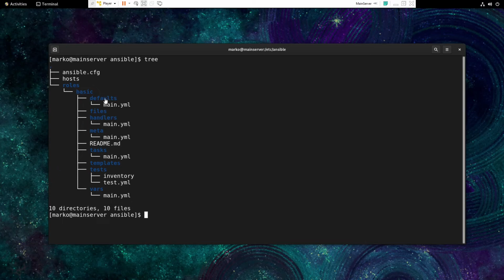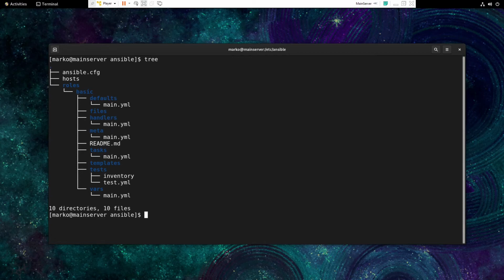So what does the defaults directory do? It stores default variables. For example, that you're going to be running a web server, let's say on port 80. So the files, it's just static files that are going to be stored here that we can push out to the remote machines. For example, a configuration file for Apache and so on. Handlers are basically tasks which are based on some actions, triggers. Example, in case we change configuration, a service is to be restarted. So what we can do is give an instruction to, let's say Apache, to restart itself if we've changed the